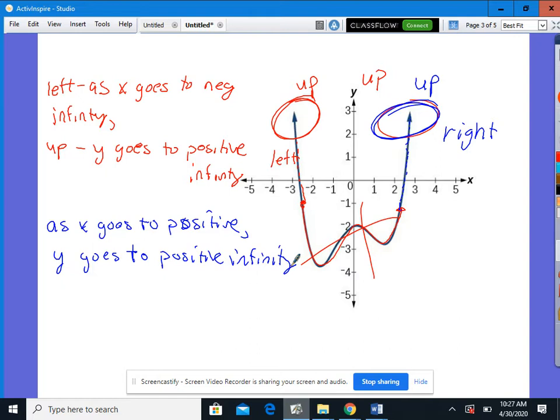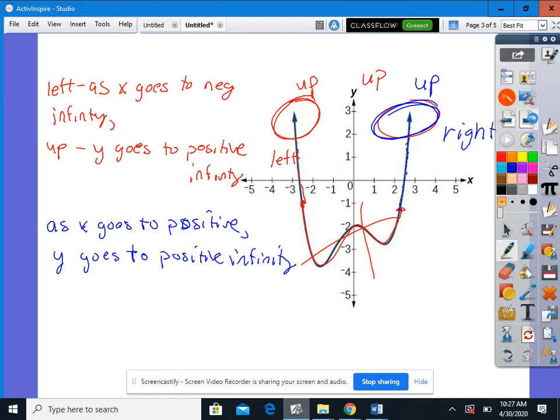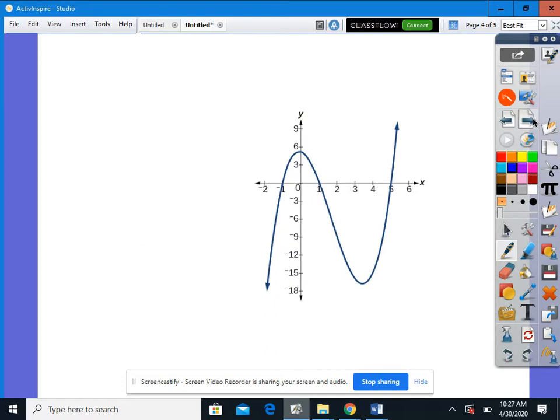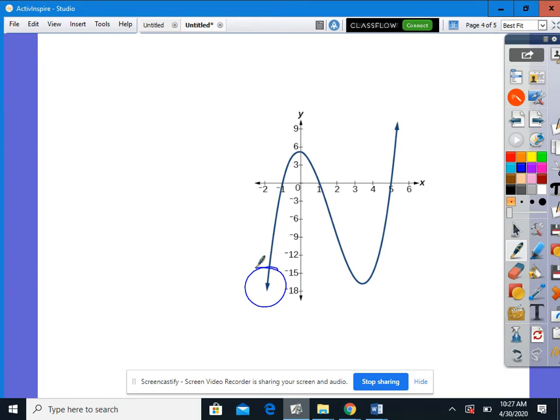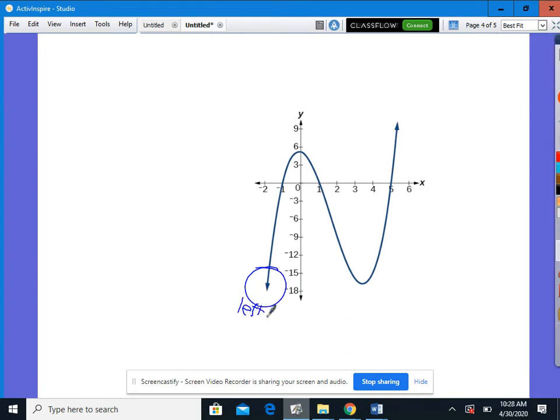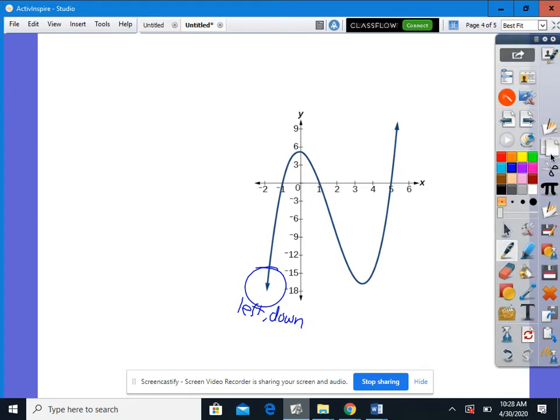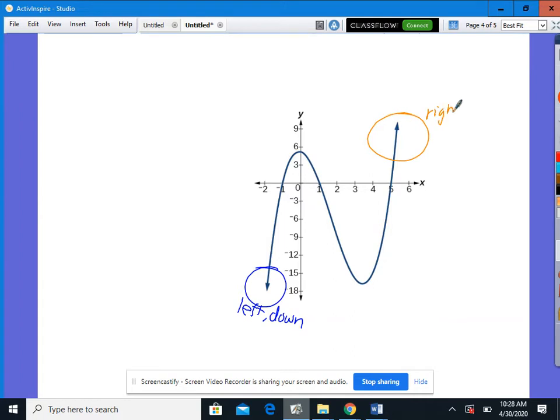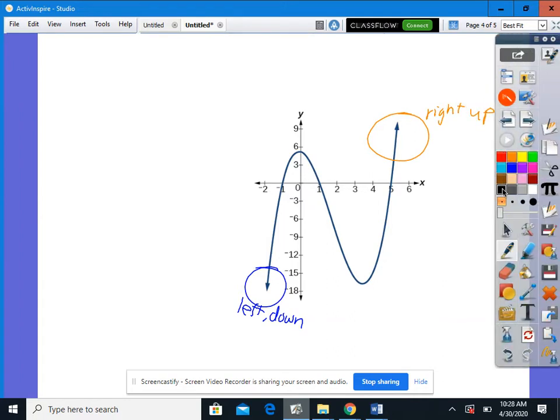All right? Let's do another one here. Okay, you'll notice this one's a little different. Over here, we're moving to the left, and we're going down. And for the other one, we're going to the right and up. Okay, so this one's going to be a little bit different than the one we just did. So to describe the one in blue here, left and down, so left, that's x goes to